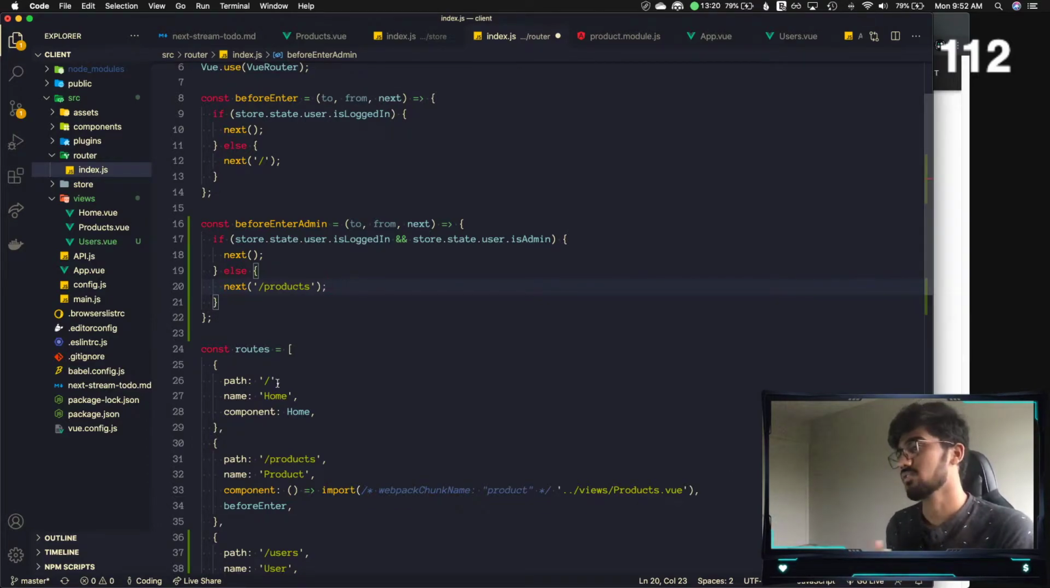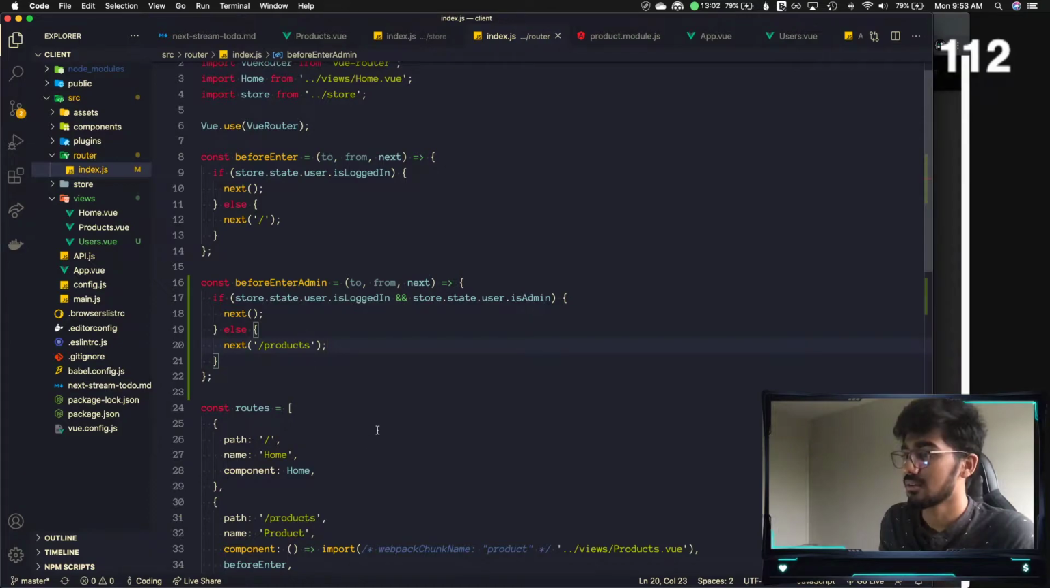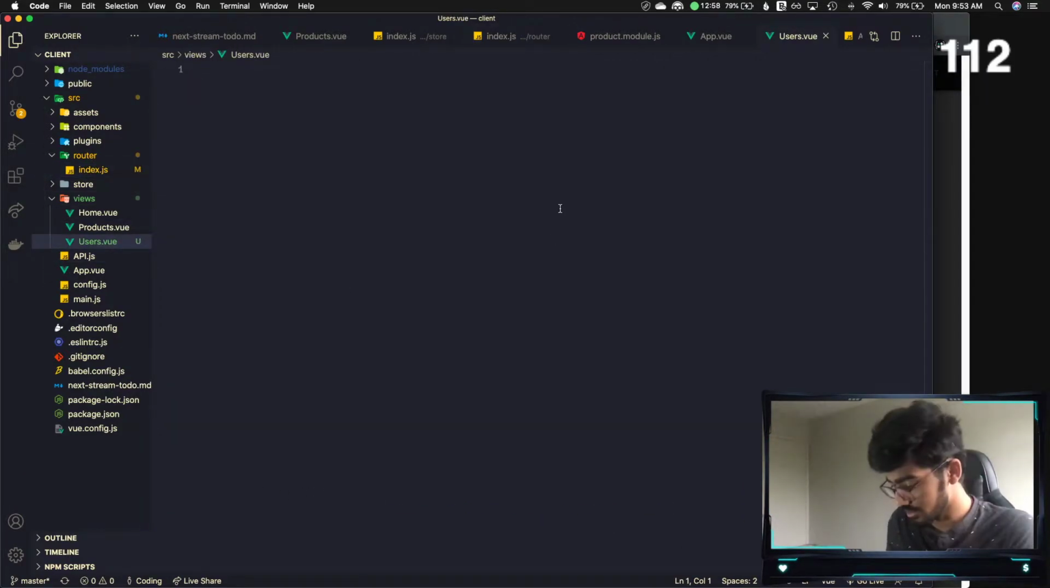So if a normal user tries to go to the /users route, it will say that if that is not admin, and then it will redirect the user to the products route. That's the plan. Before admin, so that is working. And if we go to users route,